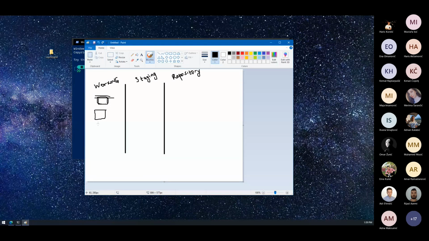You're working here. Once you are done, you would like to push this to your repository. You have to first migrate it to staging, and then from staging, you go to repository. And for repository, you can go actually online, so you can push it to the server later on. Okay, so this goes to the server later. But basically, your repository is the final destination of your files,